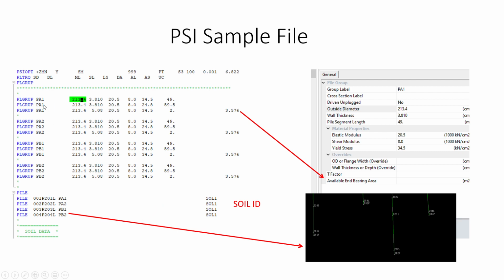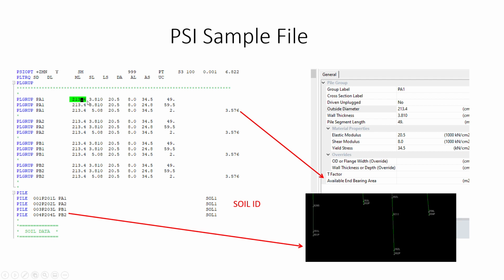If you see here, PA1, PA2, PB1, PB2, this is the group name. And how I am referring to this, if you see in the second line, 001P 201L PA1. What I am telling the program is 001P 201L PA1. Once it identifies PA1, it will go here, take the PA1 properties, and assign the pile over here. The batter length will be along this 201 and 001P. So the pile is numerically modeled here.